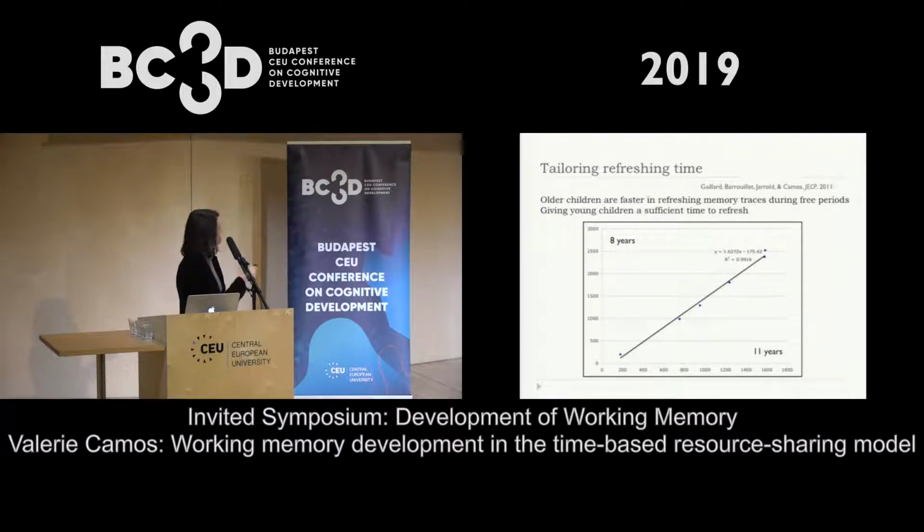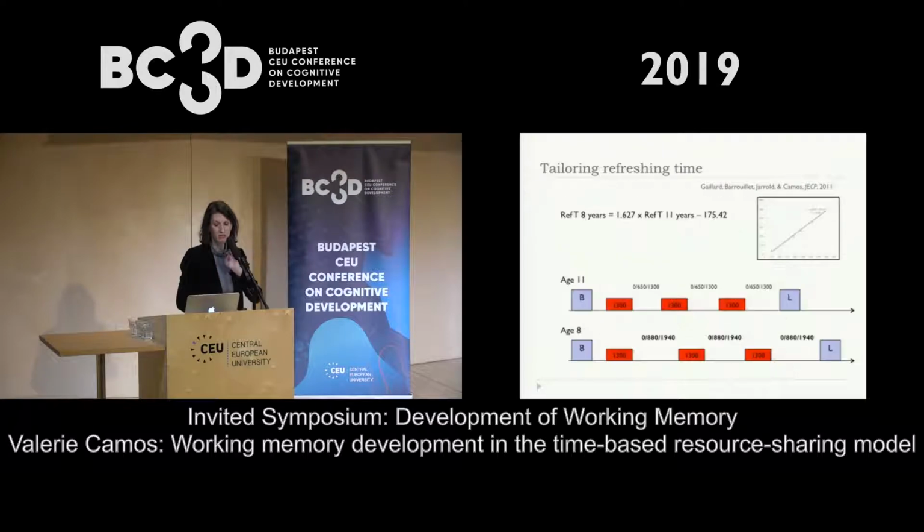This is the way you can understand this Bradley plot: when an 11 years old takes 1,000 milliseconds to do something, then it's roughly 1,500 for the younger group. I mean, you have the equation, so you can compute exactly this difference between the two age groups. And we use this equation to map the time that we're going to give 8 years old to refresh the